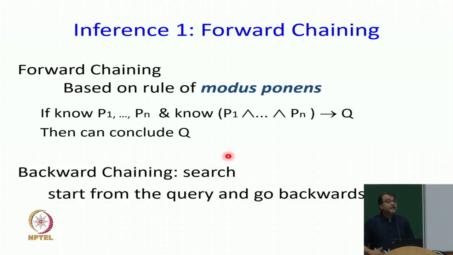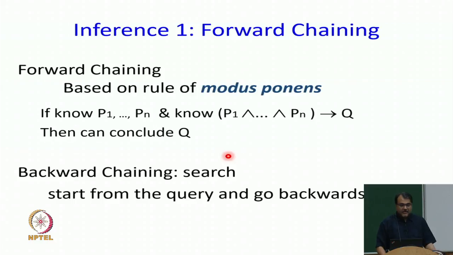Now this rule, if you apply appropriately and prove new things, this is called forward chaining. I am starting with what I know and using this rule to prove new things in the forward direction. There is always a backward version of things, like you had forward search, you had backward search, and then you had bidirectional search. In the same way, backward chaining says that there is something I need to prove. Now let me see what thing should I have had in my knowledge base to be able to prove it. And then let me see how I can prove these things, and I keep going back,